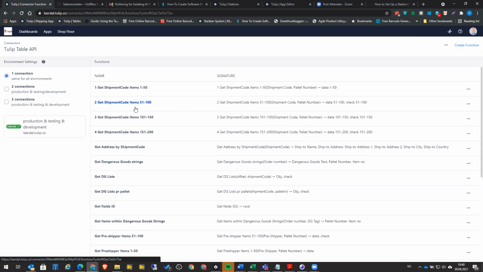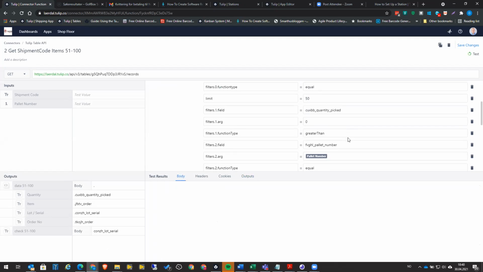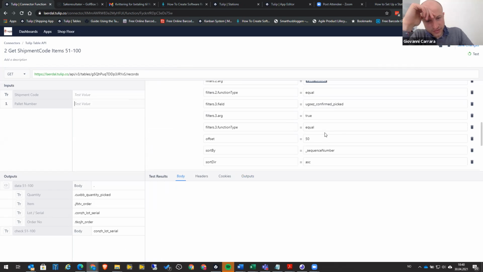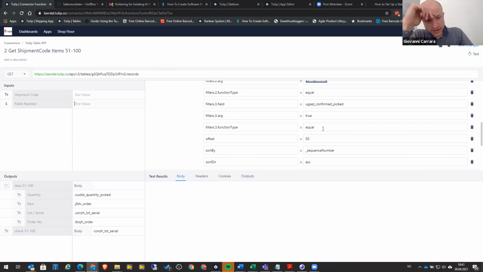I guess there was no offset since it was the first one. There it is. Offset 50. So each of them has its own offset. The first one is from 0, and it's stopped with the limit 50, so it doesn't have an offset. Oh, and then it checks that last output, which is just to check if there are more than 50